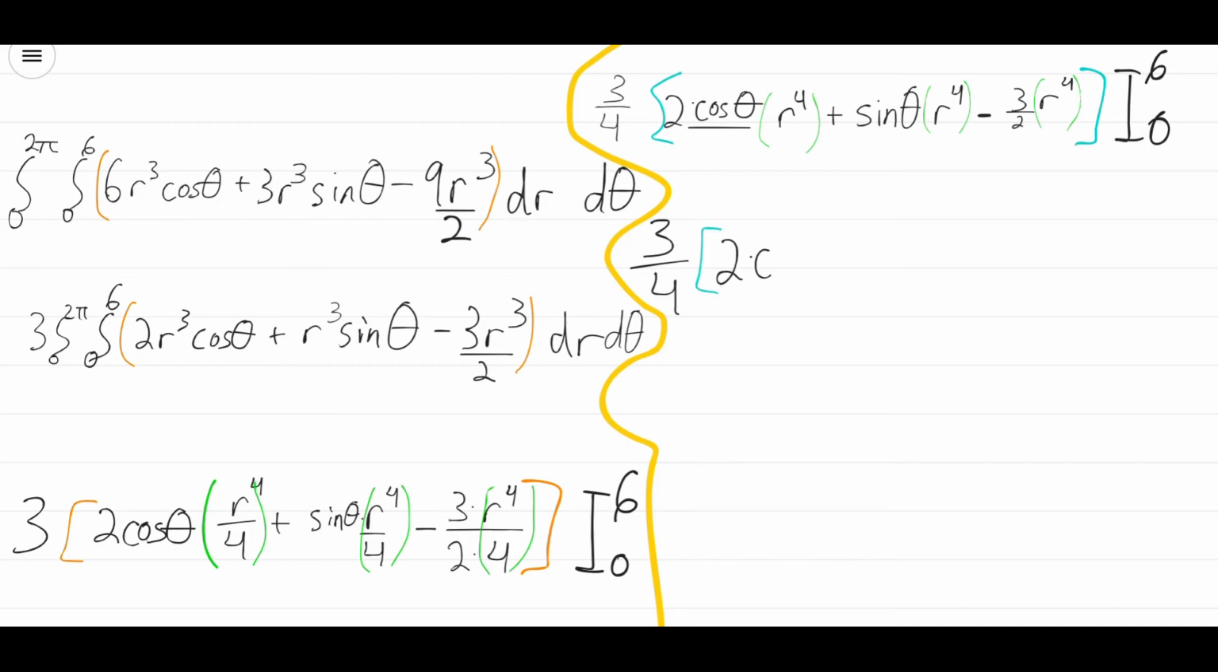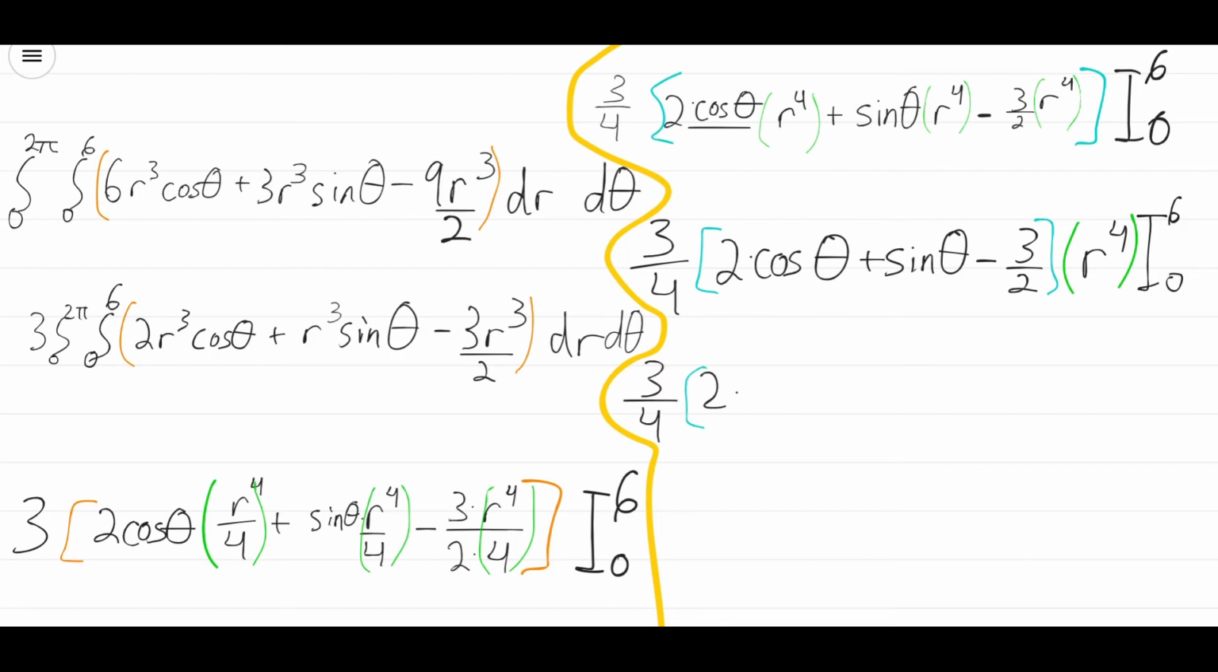So now what we're going to do is, notice how each term has r to the 4th. So we're going to factor out an r to the 4th. So 2 cosine theta plus sine theta minus 3 over 2 r to the 4th from 0 to 6. Why do I do this? Because it makes it a lot easier. We can just treat all those terms as constants and plug in the bounds with respect to just r. And I did this because they're all the same term, r to the 4th power, so we can factor this out. In doing so, 3 over 4 plus this constant, 2 cosine theta plus sine theta minus 3 over 2,